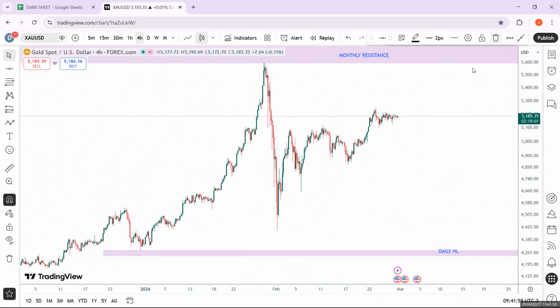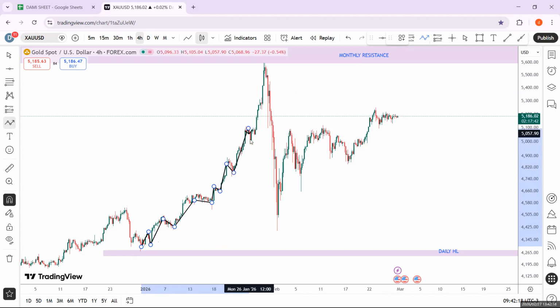Now after all of this push sequence, we can just go ahead and read the structures for educational purposes. From here we saw price make a push, exhaustion, clear bullish structures, push, exhaustion, smaller structures, push, exhaustion, push, exhaustion, then all of this push, and there was a change of character right here. The last higher low was taken off there. We knew that price was going to sell to the 78.6 of that entire swing movement, and that 78.6 is our entry.